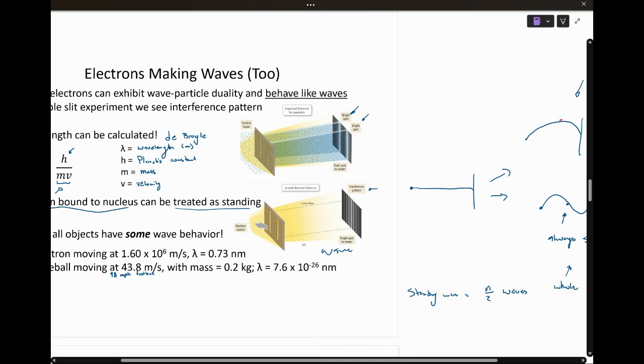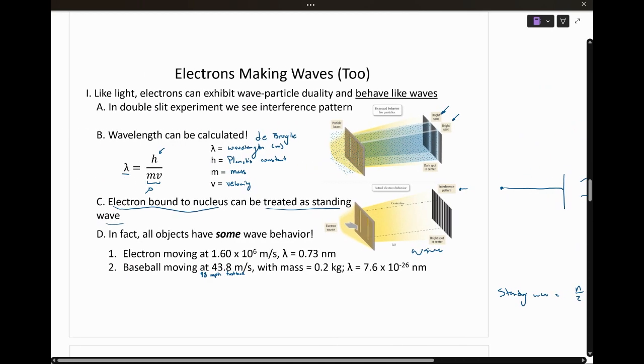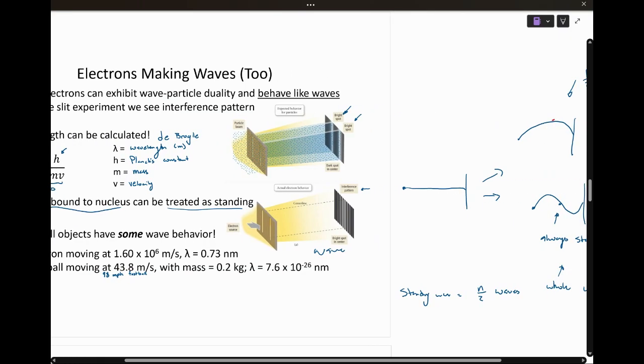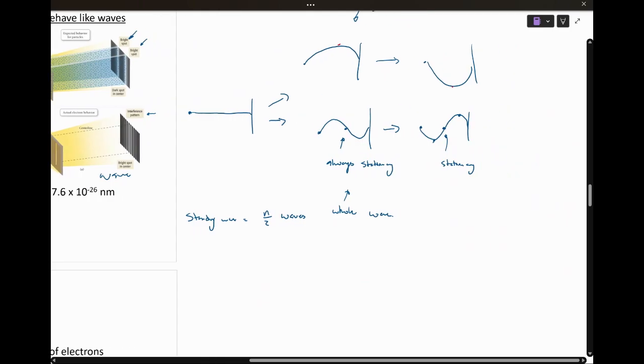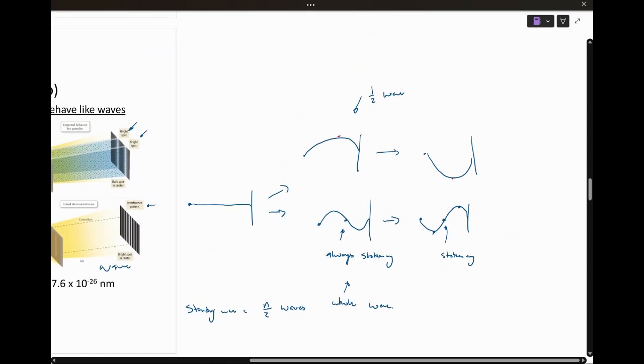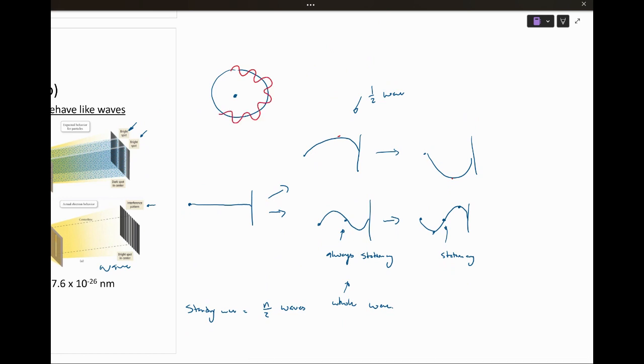Let me make sure that's true. Pretty sure that's true. Okay? And in the case of our electron, what this is going to look like is we can imagine that circular orbit. So here's our nucleus. Here's our circular orbit. What the electron is going to do is complete some number of wavelengths over the course of that